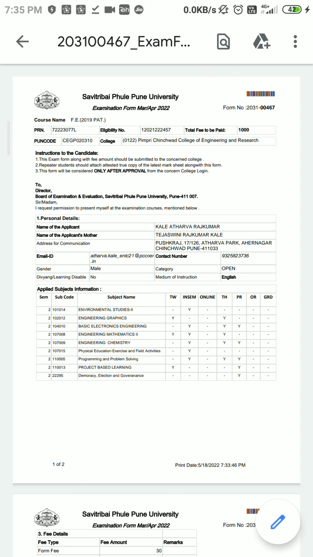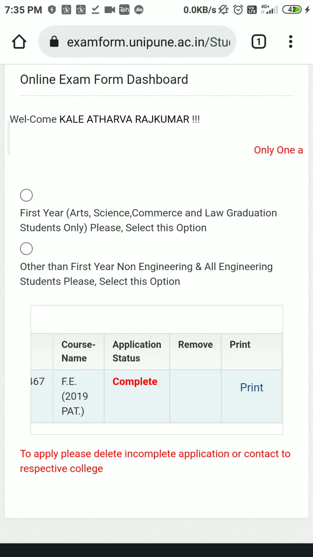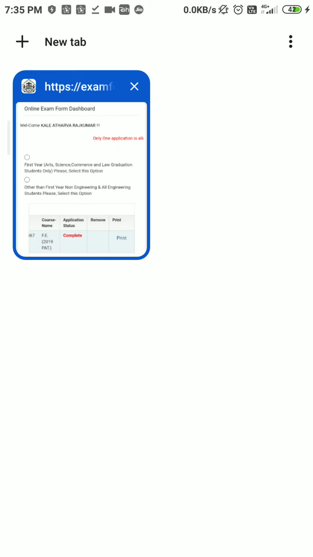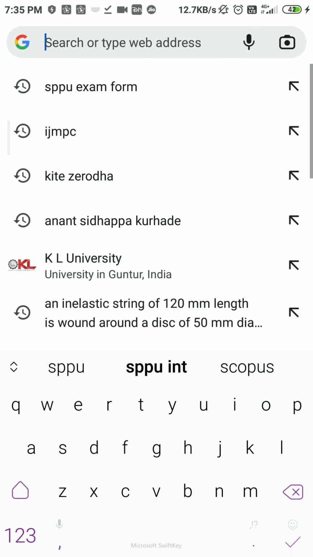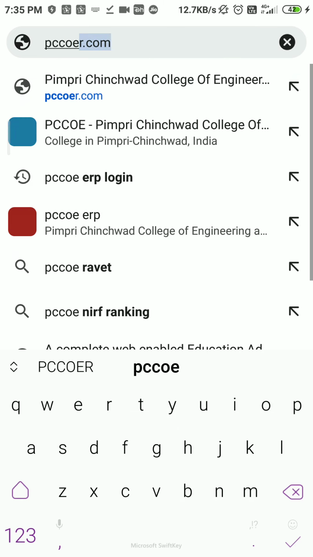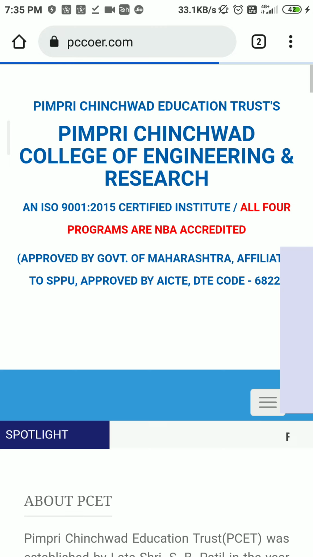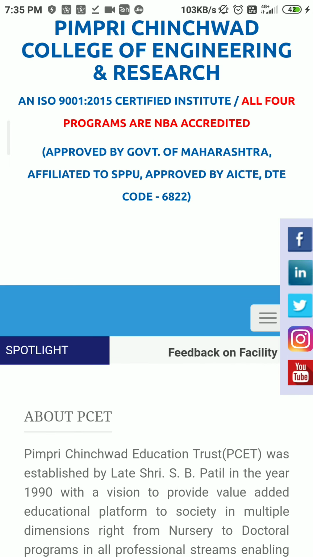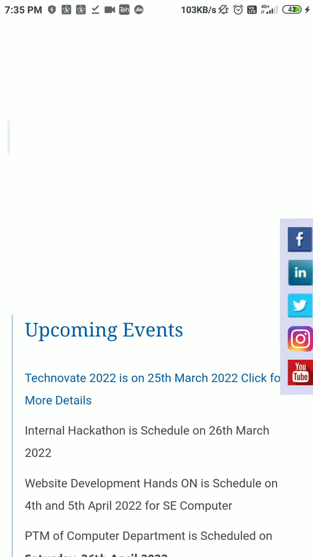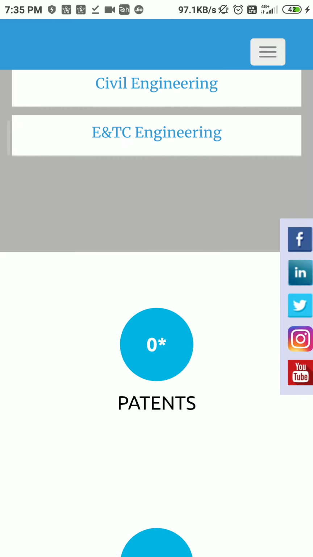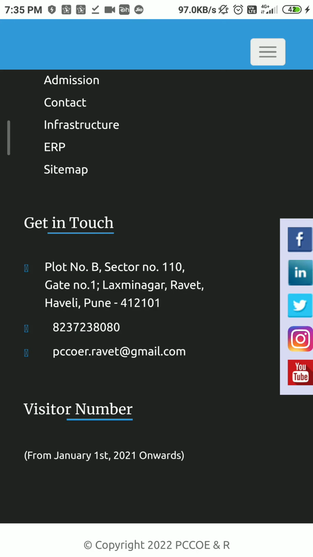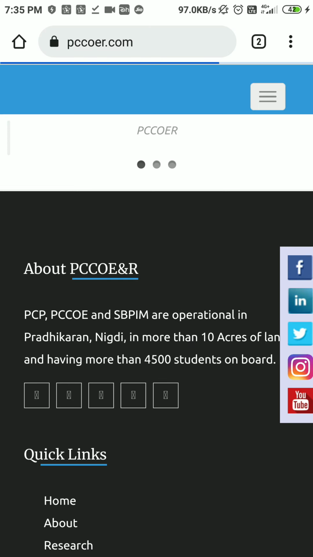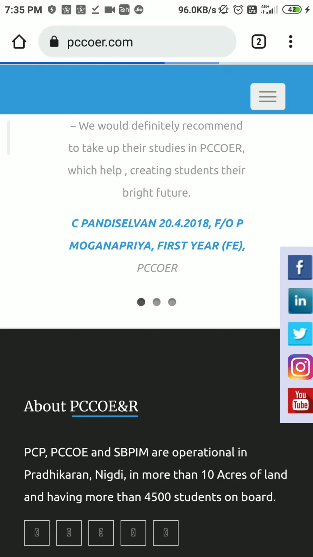Just a minute. We can open a new tab. We can type here PCCOER, open the college website. Once you open the college website, please scroll down. You can find that link.